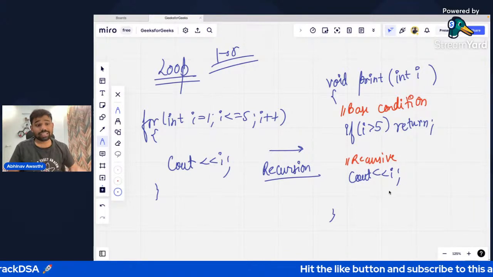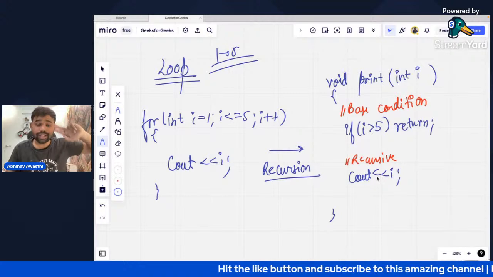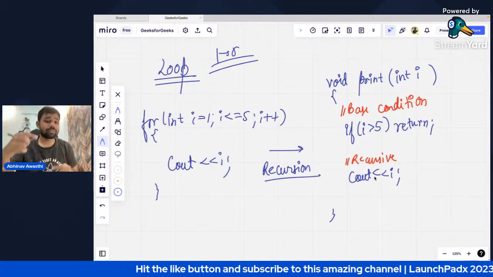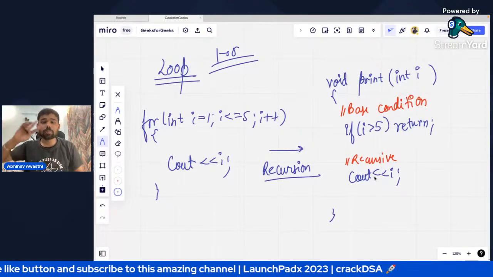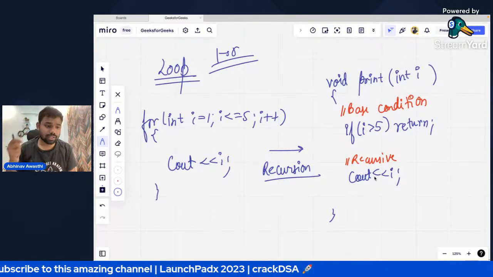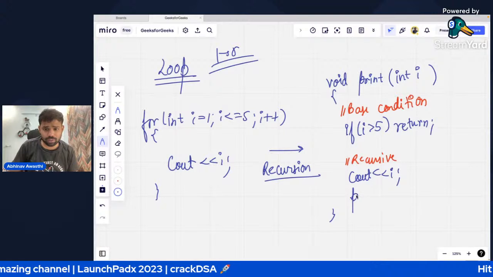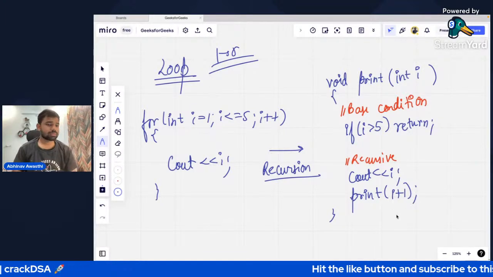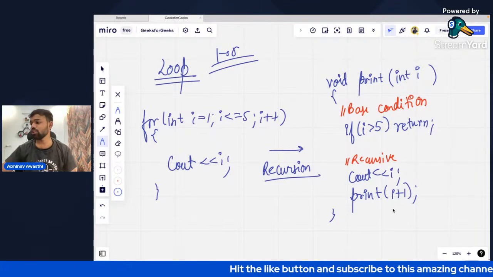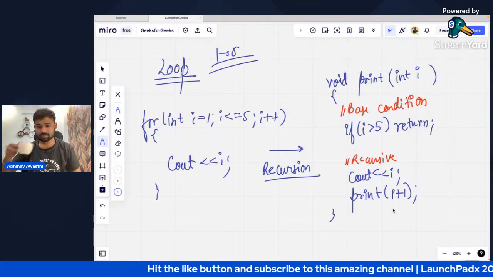Now tell me, what did we do next? We again call the same thing, but i plus plus was there, meaning i would increase. So I will again call the function print, but the value of i will be increased.